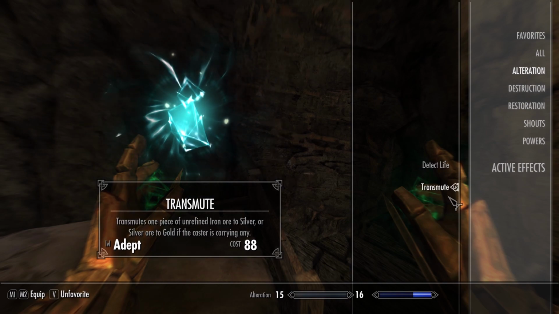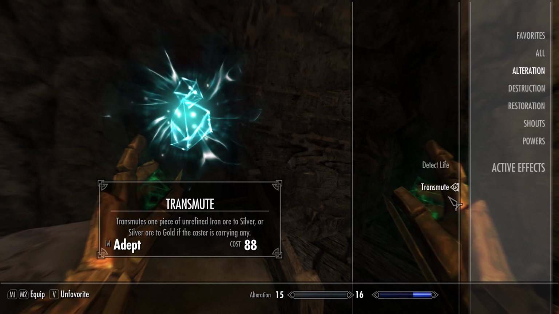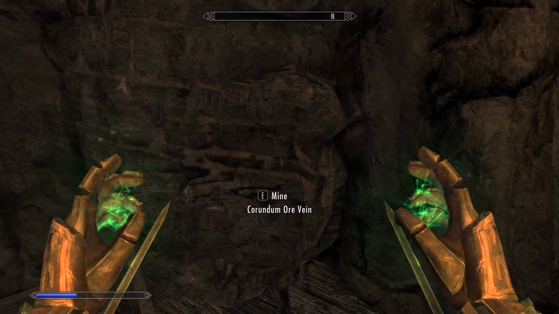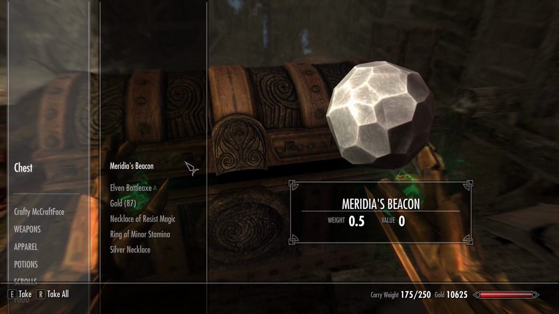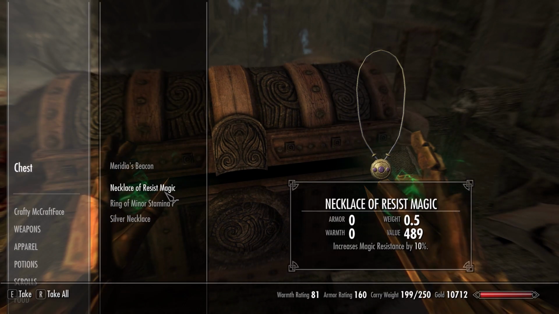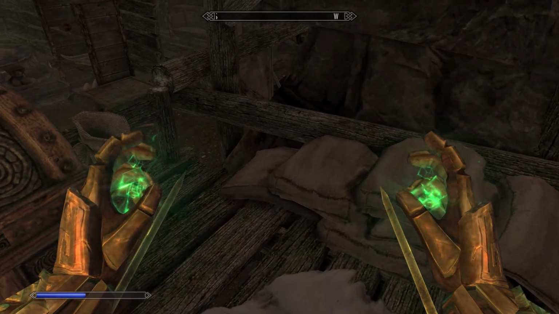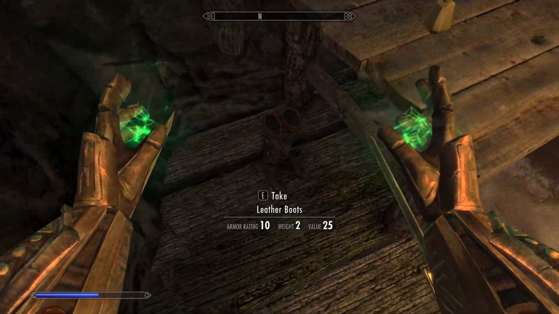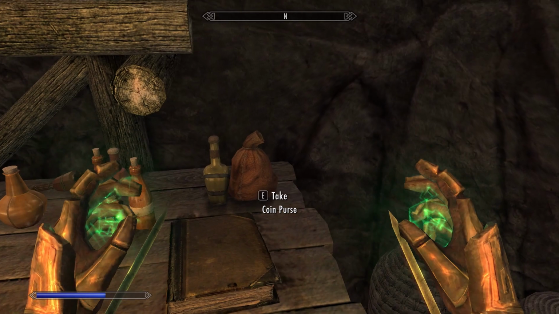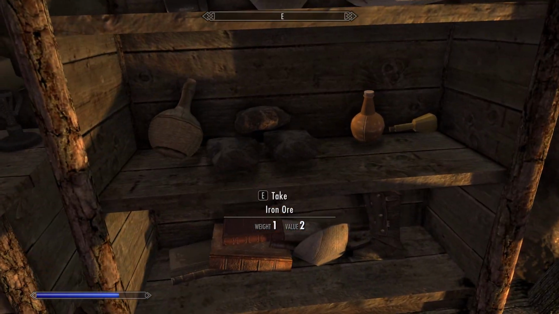Transmutes one piece of unrefined iron ore to silver, or silver ore to gold if the caster is carrying any. So I'm just going to be turning all of my iron ore, which I'm going to get a fair bit of from other places. Oh, a resist magic necklace, and oh wow, okay, actually a bunch of stuff I can disenchant. But yeah, I've got a whole bunch of iron ore chilling about at home, so I will be using this to just turn that all into...